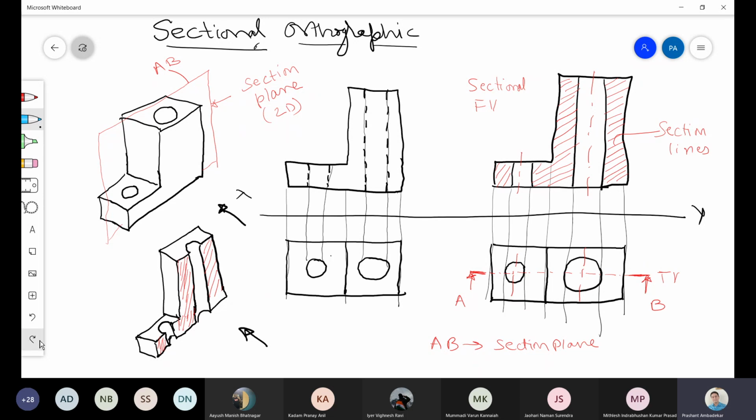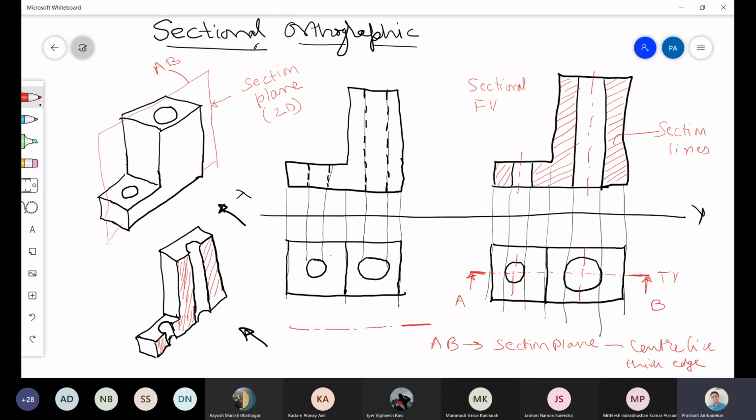What is a section plane? A section plane is a center line. It is a center line with thick edges. So you can see here the edges are thick. Okay. If you just draw a center line, then we will not understand whether it is a section plane or a center line. So you have to make the edges thick, and when you are making the edges thick, then it means that, see,